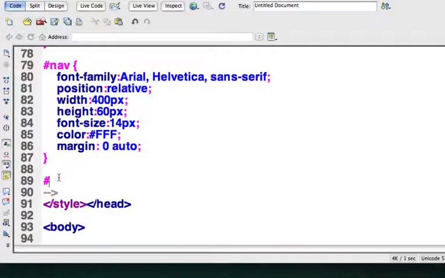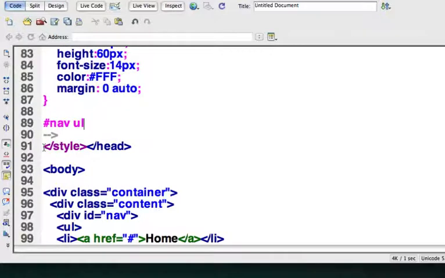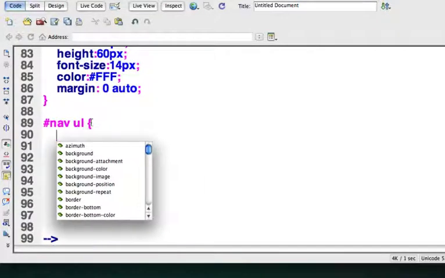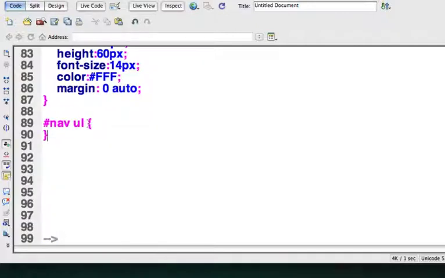So I'm going to do number sign nav with a space. So I'm saying, hey, look inside the div nav and find a UL. And so it's going to look inside there and find a UL. And I'm going to do a curly bracket to the right, hit return, curly bracket to the left, and then